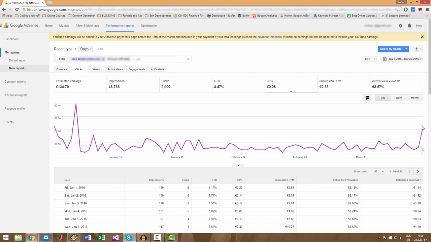Alright, so the cost per click. The cost per click is what amount of money you are going to earn for a click on your website. And this is pretty much the average cost per click per day that you get from your clicks. So you may have, for example, one click that earns you €1, and then you may have 10 clicks that earn you 1 cent. So in the end, you have €1.10 earned. But when you divide it by 11, because you had 11 clicks, this will give you an average cost per click of 11 cents.